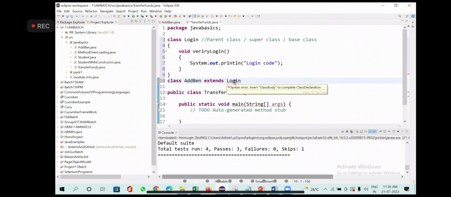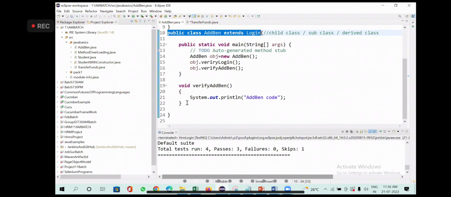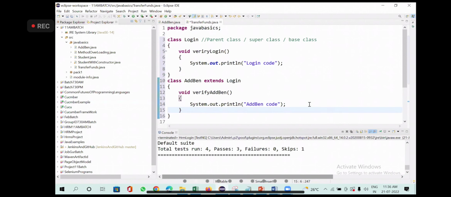Now this add beneficiary is having the add beneficiary method, right? Now I have two classes.